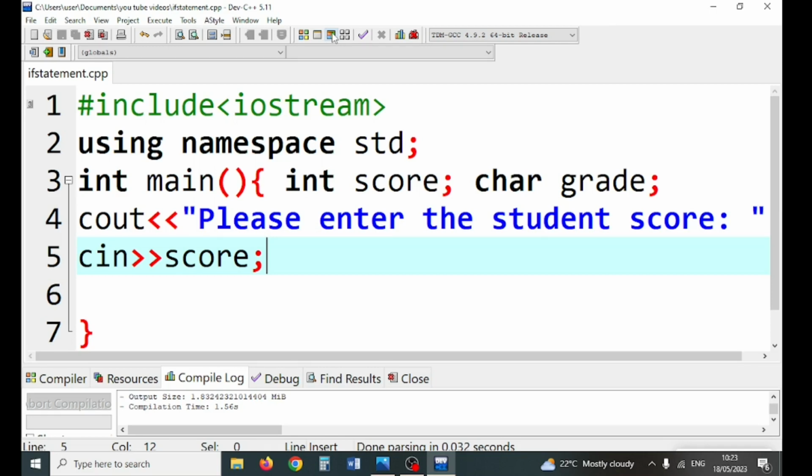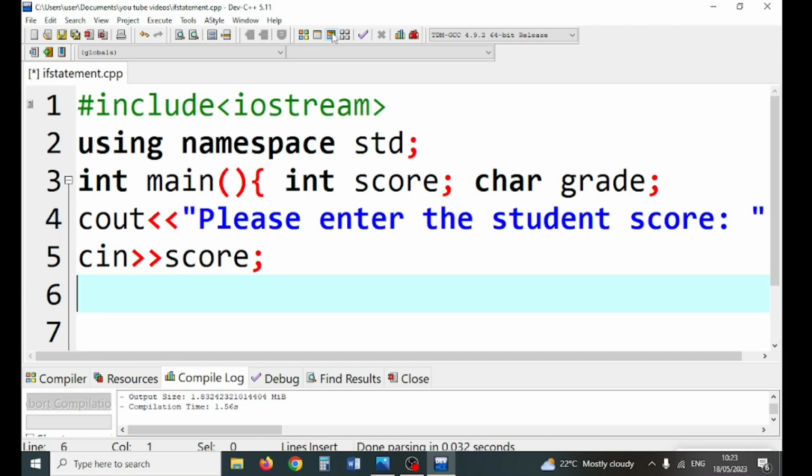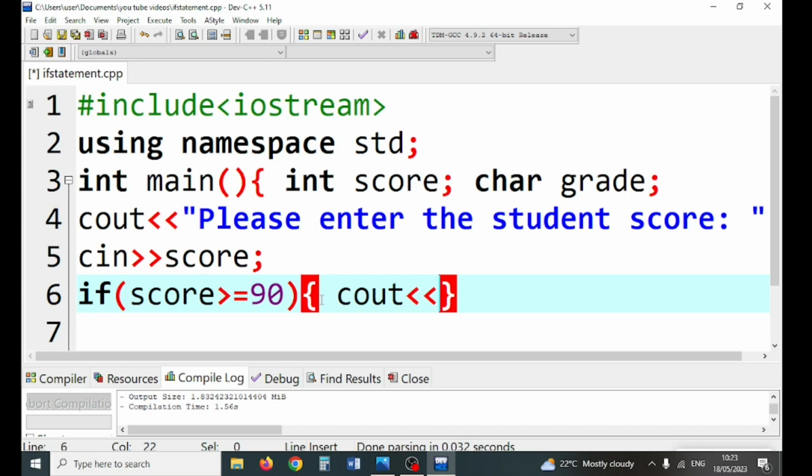Now, next, we are going to check the score which has been entered, for example, that 78 which was entered. What can we do? We say if score is greater or equal to 90, what should be done? In the brace, yes, I want them on the same line. Cout, the grade is,